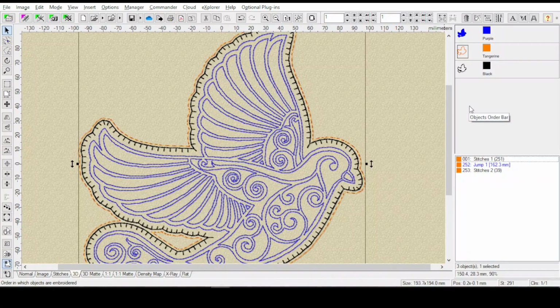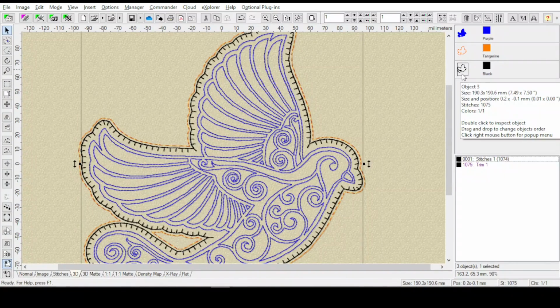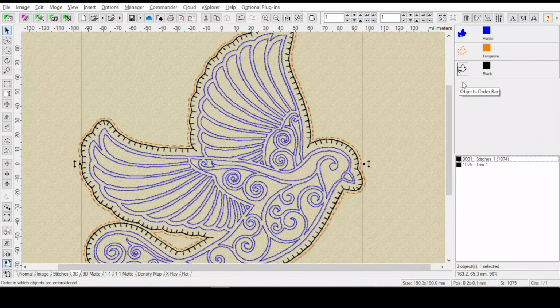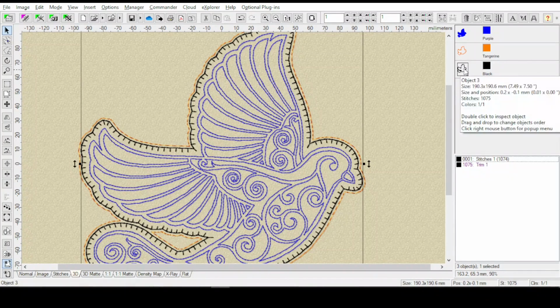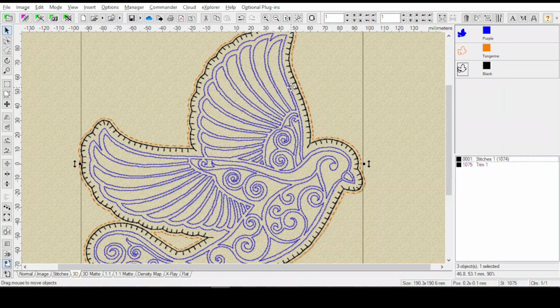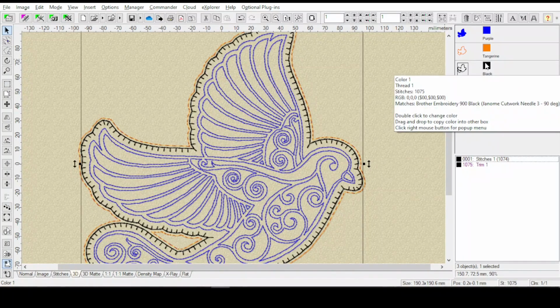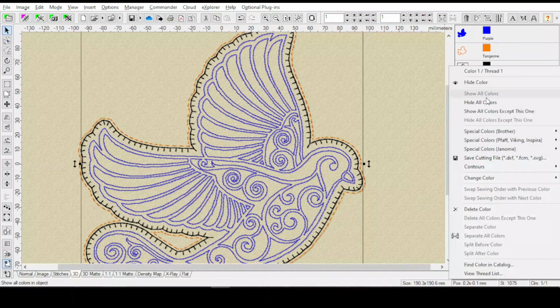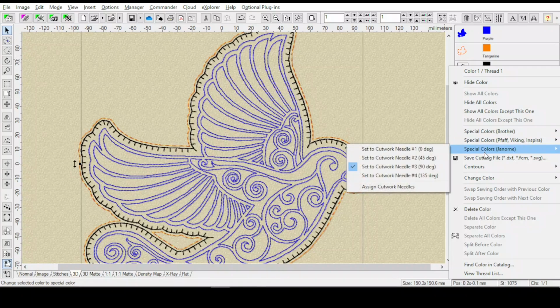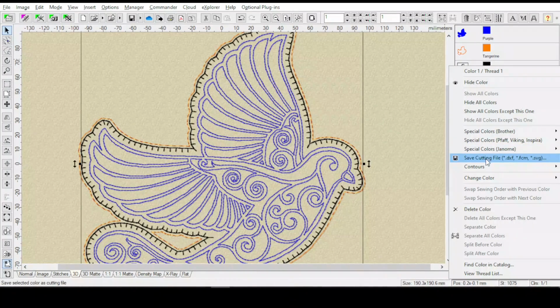So now you say, well, what about our cut file? Well, for the cut file, believe it or not, we can just select this blanket stitch, because the stitches are going inward, so we can make our cut file off of that. So to do that, Lorna explained how to do that on Facebook. You right click on the color block and, there's so many ways you can do this, but we're going to do save cutting file,